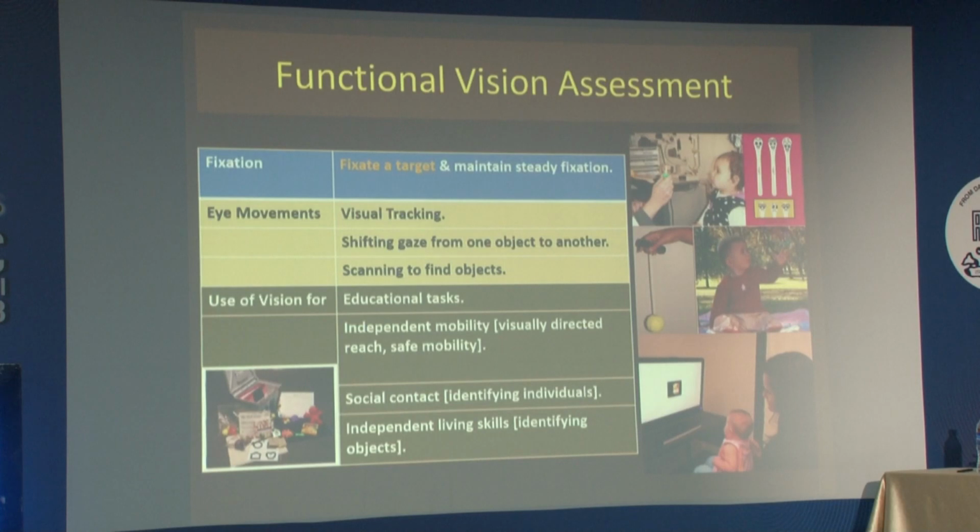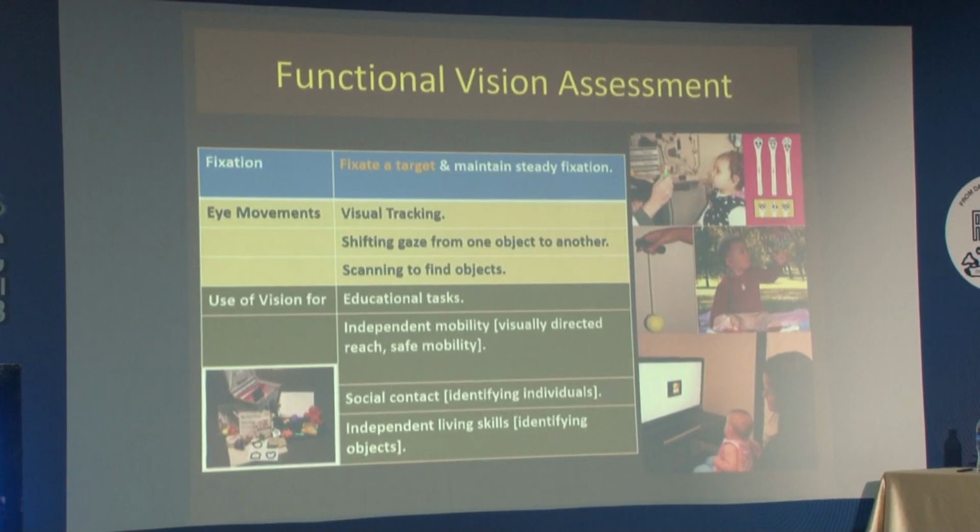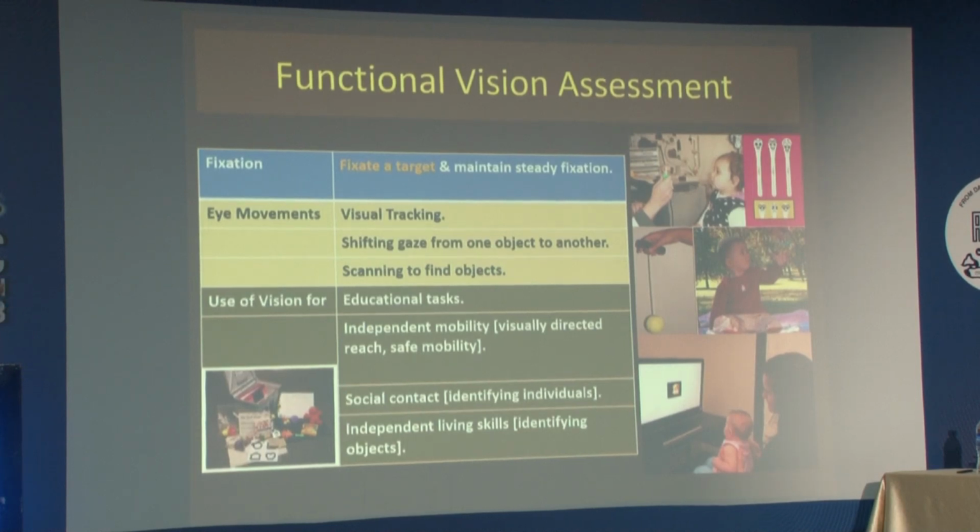For that, you have to test fixation, eye movements, and see what kind of work he can do or activities that he's doing. So this is all detailed stuff. It will take an entire lecture on its own, so I'm just going to avoid going into details. Just remember that the functional vision assessment of little children is very essential. If you can't perform it, which probably most of us won't in our clinics, one can always refer